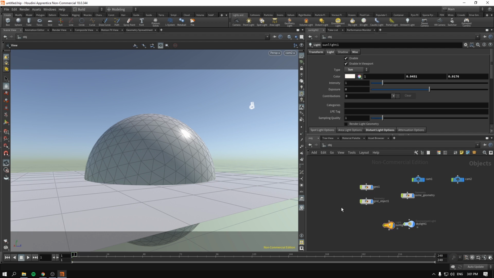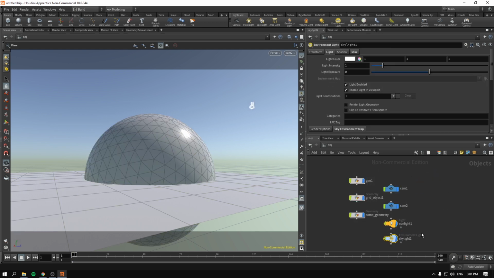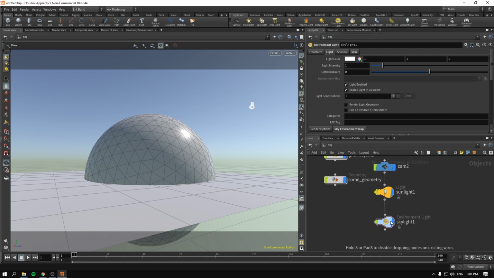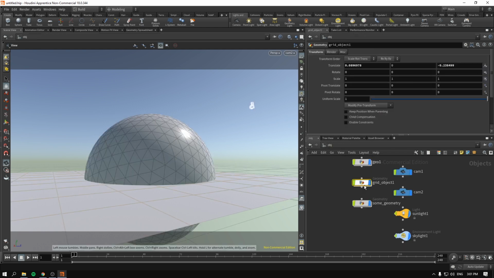Anyway, there you go. If you press L again, it will lay out things for you, geometry, cameras, lighting, all the good stuff. What else? I think there are a couple of other things I wanted to show you. If we go back into our geometry,